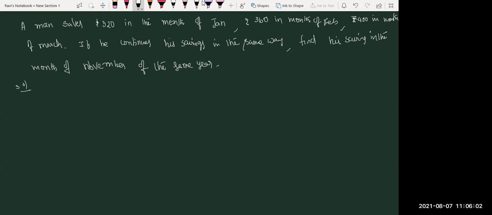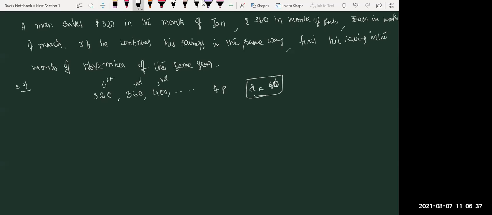Yes, sir. What's the first month, how much is saving? 320, next 360, next 400. It's a continuation, right? This is the first month, second month, third month, continuously. Total 12 months are there. Now, is this an arithmetic progression or not? Yes, sir. The common difference is how much? 40 rupees, right? Common difference is 40 rupees.